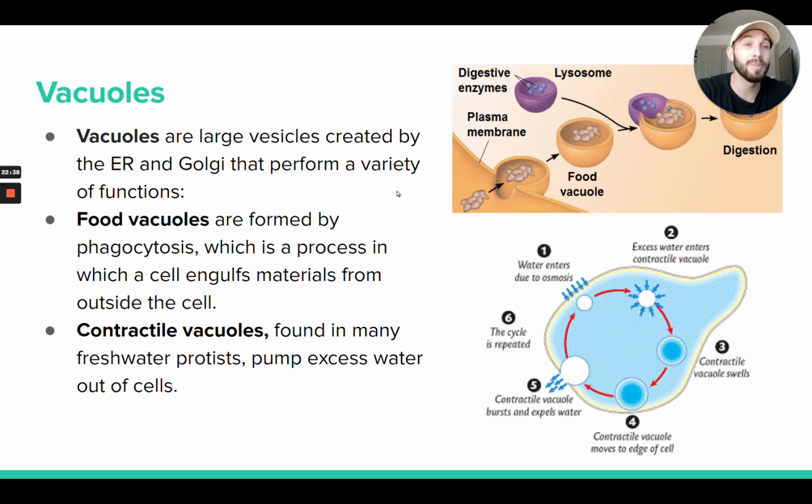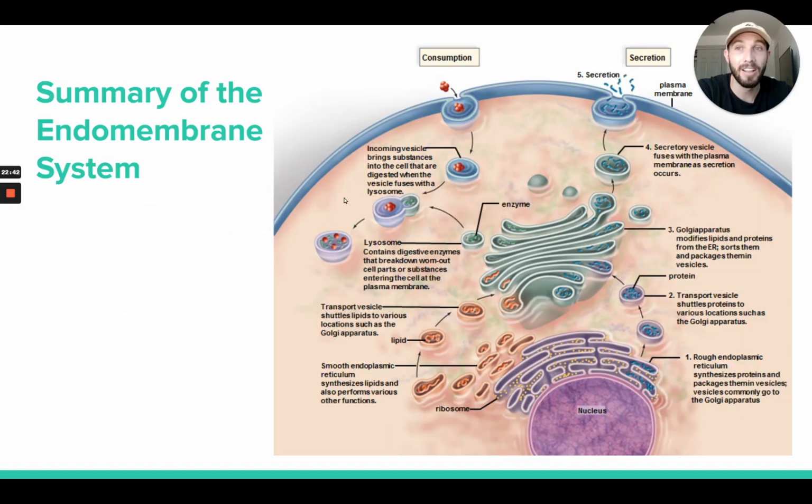But anyway, those are some examples of vacuoles and different things that they might be doing inside the cell. And so this picture kind of summarizes this whole series of structures that are working in coordination with one another. And you guys can see there's this whole movement of membrane and material throughout the cell. So like these plasma membranes, which are made by the smooth ER, because they're phospholipids, there's just this huge movement, constant. It's very fluid, this flow of plasma membrane and cell membrane inside of eukaryotic cells